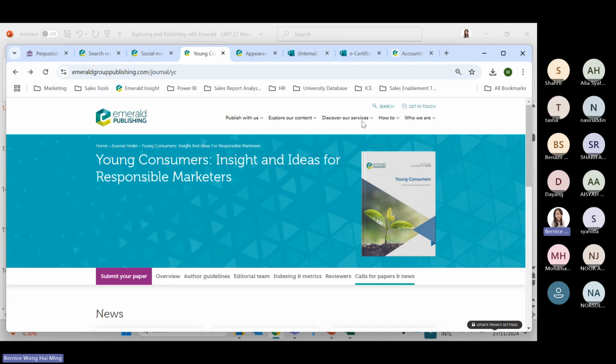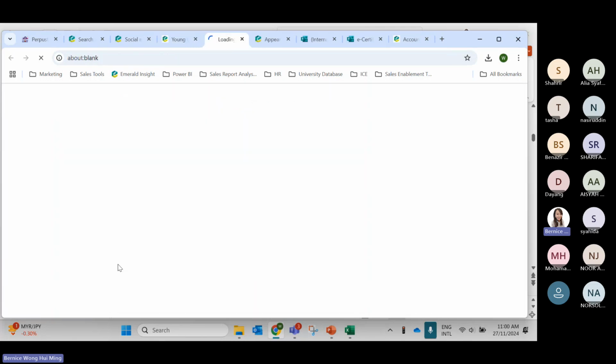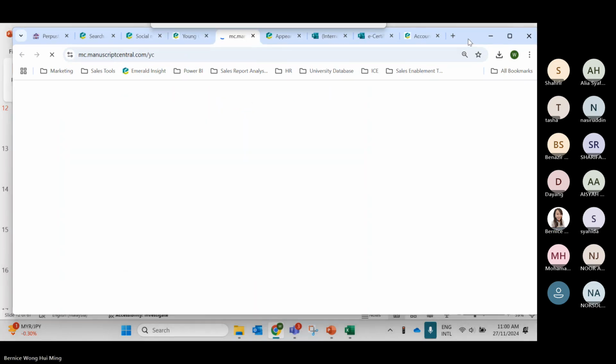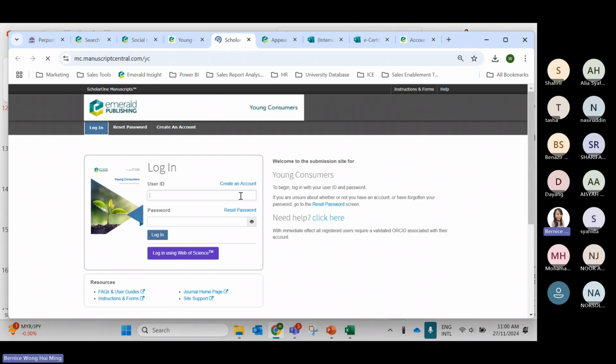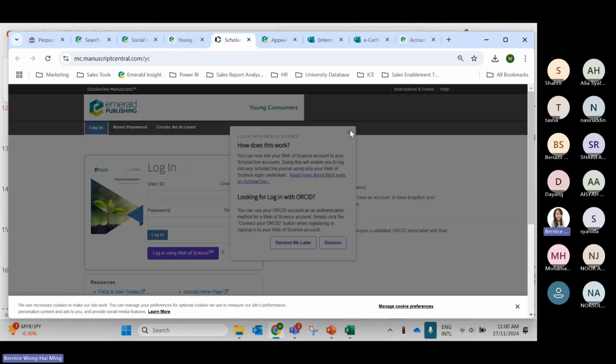If, let's say, you already checked through everything and scored everything correct, this is the last step for you to submit on our platform. You submit your paper here. First of all, you need to create an account, so that you can check the status of your paper. What is the status? And then